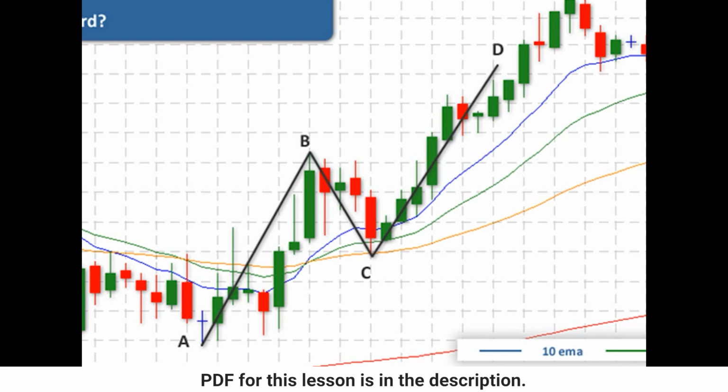So it's a Strategy 1 trade. We want to capitalize on the C to D move. We know the direction that we want to trade here is long. We're looking for the C to D to be upwards, because A to B is upwards. And therefore, for the whole pattern to complete, which is A, B, C, D, we know that we're anticipating price